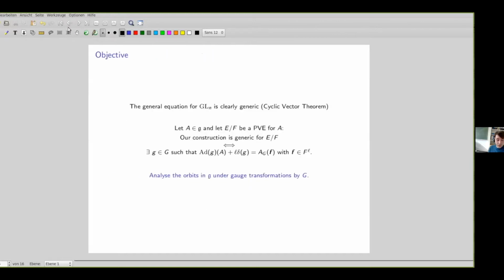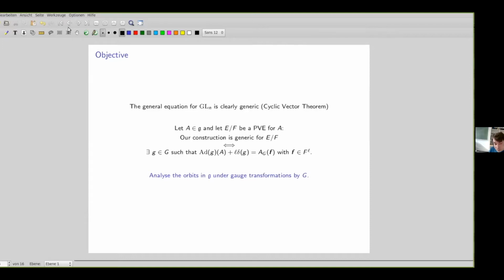Okay, if you keep in mind the general linear group, it's clearly generic for every Picard-Vessiot extension whose defining matrix is an n times n matrix, by the cyclic vector theorem, right? So the cyclic vector theorem guarantees us that we can gauge transform it to the shape of a companion matrix, and then we can plug into the y's the n linearly independent solutions, and everything specializes down.